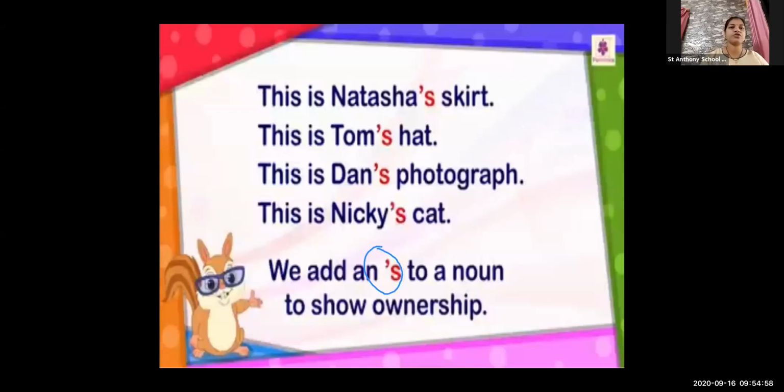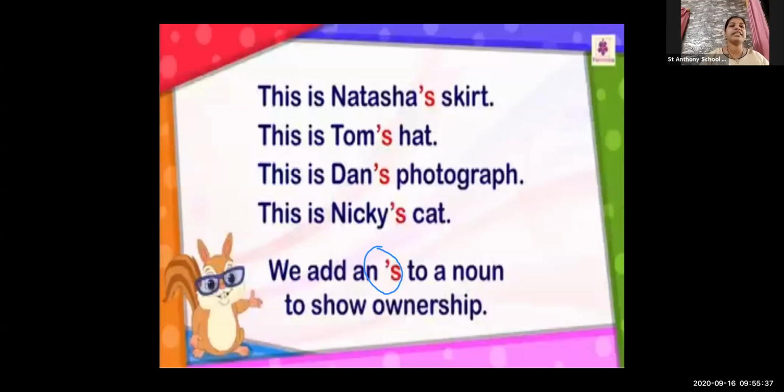Why do we use apostrophe S? We use apostrophe S to show the ownership, whatever object or thing that is our own. I am having this ownership. If you go to a shop, there are so many cycles kept over there, but you cannot say that this is my cycle, that all are my cycles. No, when you pay money to the shopman and buy that cycle, at that time you can say this is my cycle.